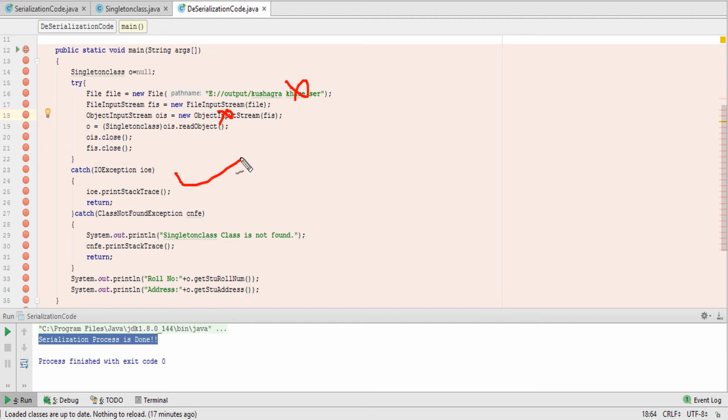This catch deals with the file not being present; if I modify the file name from Kushag credit.ser to Kushag.ser, this catch will be called. If the singleton class is not found, then this singleton class catch will be called.